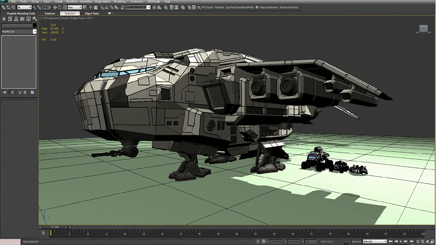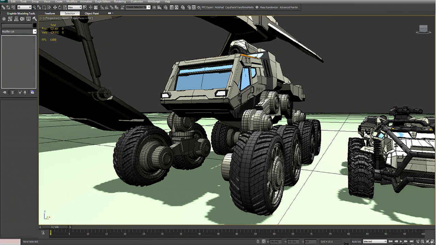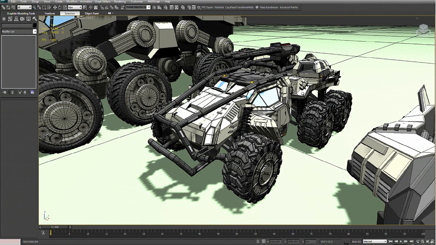We do the same thing with the vehicles, except this is all hard surface modeling, so we just stick within 3D Studio Max. These are our vehicles right here. The big one in the middle is what we call the dropship. And then we have the tank. These are all the high-res models. Altogether, they're 424,000 vertices, which is not that crazy. But we go nuts on the tires, getting all the little knobby parts and all the little details. And then you just go back and forth on figuring out what gets put into a normal map and what gets